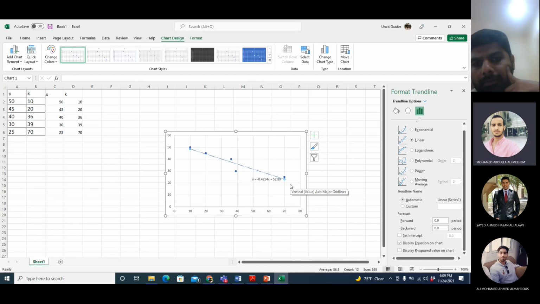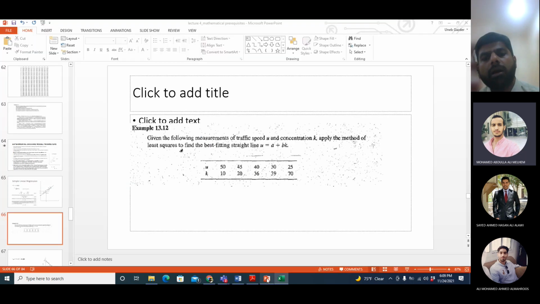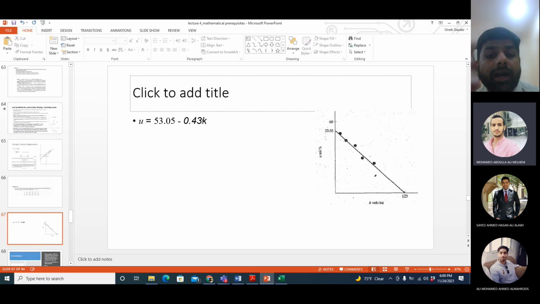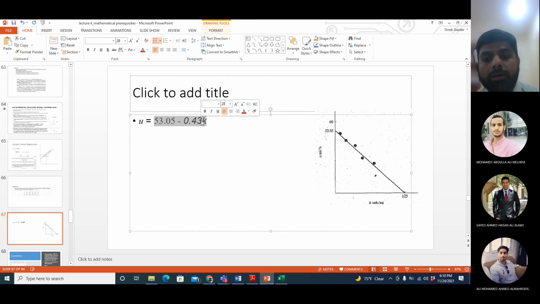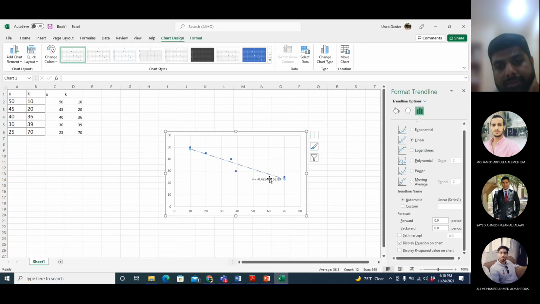Maybe I have mistake, doctor. Sorry. Maybe I had a mistake because I was calculating in my phone. Yes. Yeah, so maybe you have a mistake, because these are the values from the book. These are values from the book. So maybe there was a mistake. You need to recheck it. But these are values from the book, and they are matching with the values from Excel. This is almost 53 in the book, and this is 0.43. So they are matching with the book. So I think you need to recheck your calculations maybe.